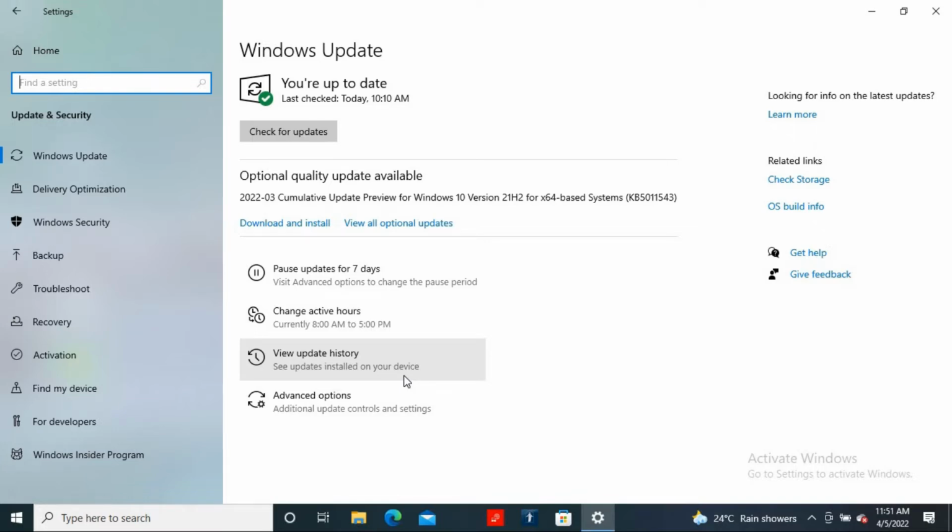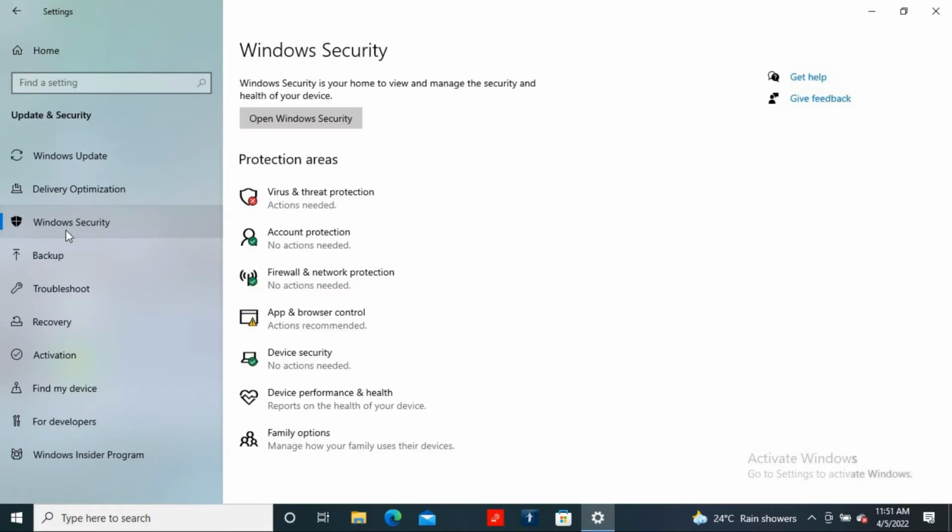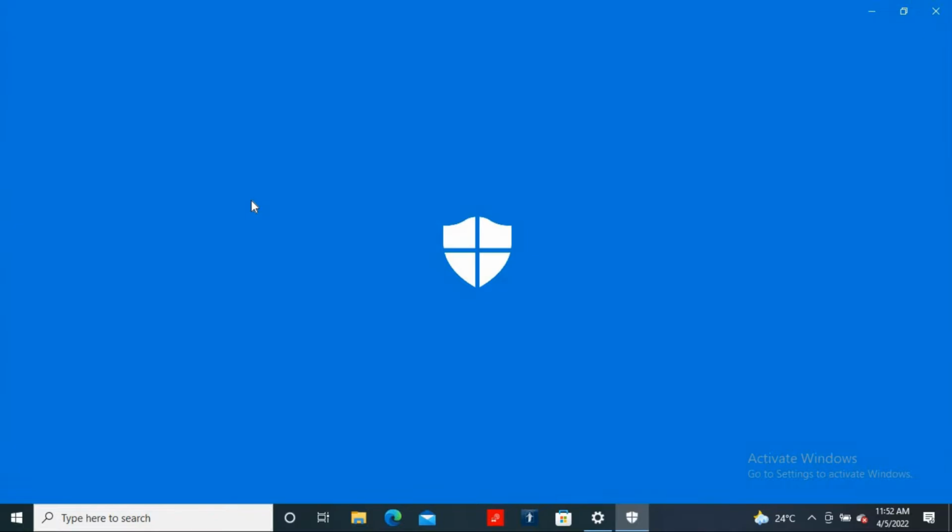All right, and then you will go to the left panel where you will see Windows Security. Left click on it, and on your right screen you will see that there is Windows Security. You will just go down. Yours will not look like this, it will look like this. It will have a right mark or a tick mark with a green background, whilst mine has this. So we need to get yours to have this cross, a white cross with a red background. All right, then you will just left click on that